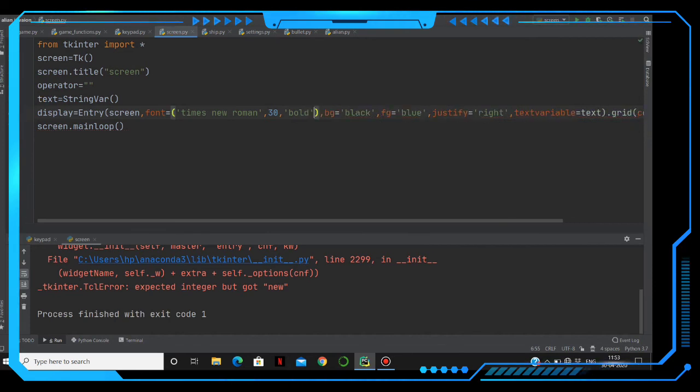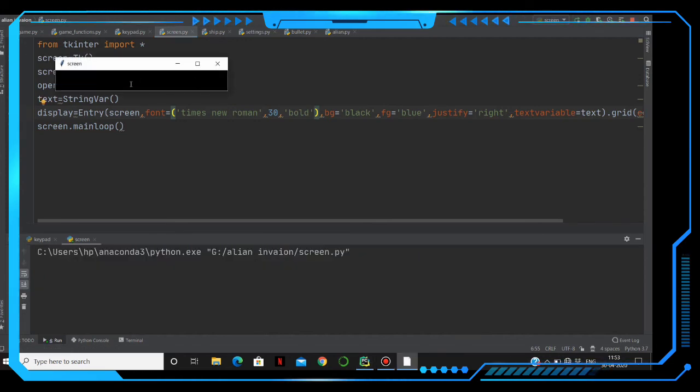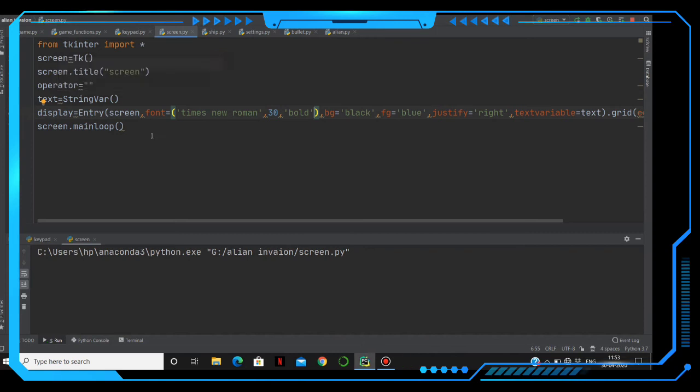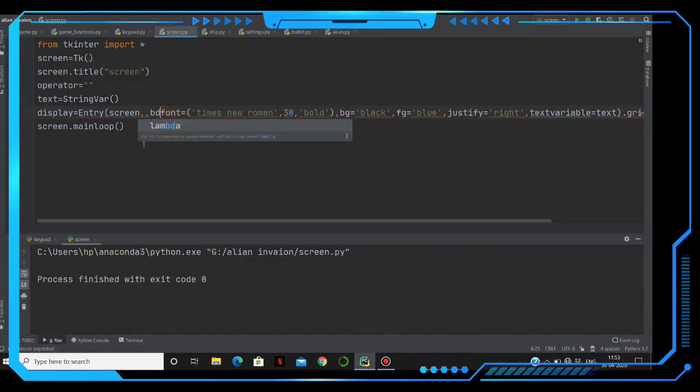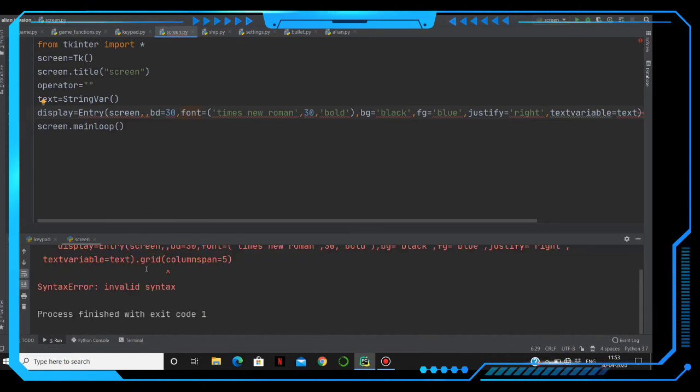Here we messed up, and then run here. See, we got a display here like hello, hello. And let's select the border width here. Border width should be 30. See, now it looks like two commas are here, right?